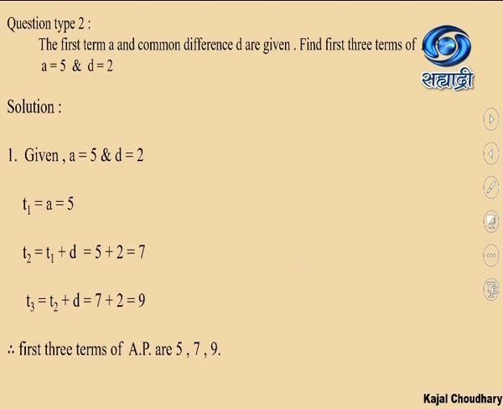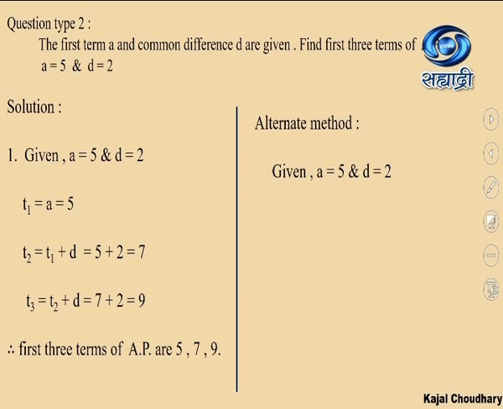Now, here we can place the full stop. We are not supposed to define whether the AP is going to move ahead to a particular number, or whether it is going to end or not. So, first three terms and we are done. Now, given the AP, A is equal to 5, D is equal to 2. We are going to see an alternate method of how we can derive it directly. You will get to know the difference once we move towards the third term and fourth term. There is not much difference between the first term and second term in both the methods.